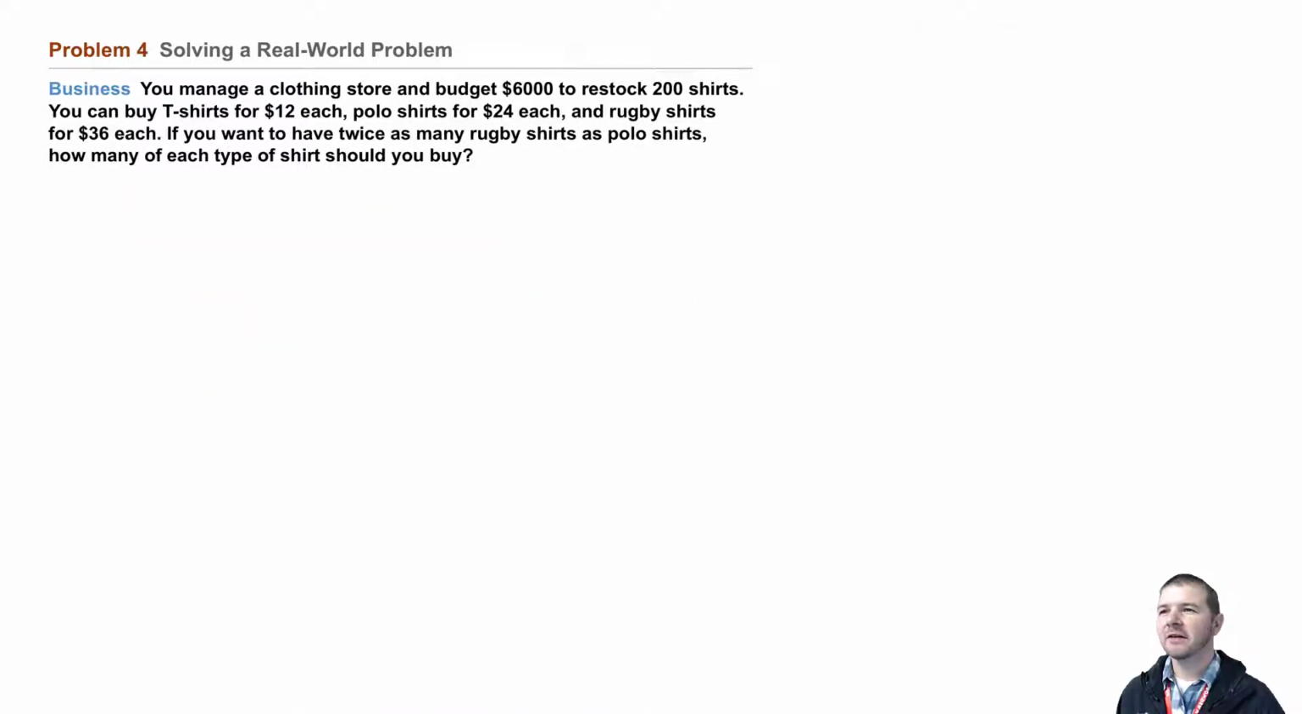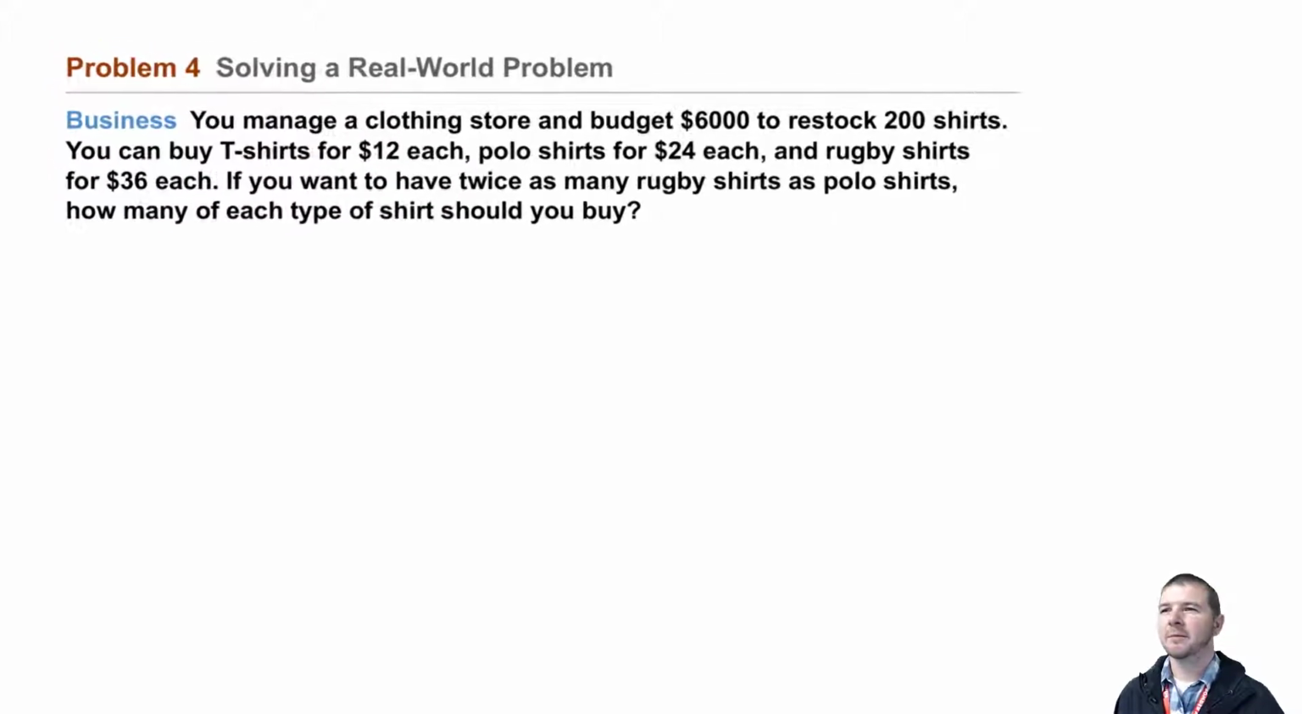Problem 4, solving a real-world problem. And this one's about business. You manage a clothing store and budget $6,000 to restock 200 shirts. You can buy t-shirts for $12 each, polo shirts for $24 each, and rugby shirts for $36 each. If you want to have twice as many rugby shirts as polo shirts, how many of each type of shirt